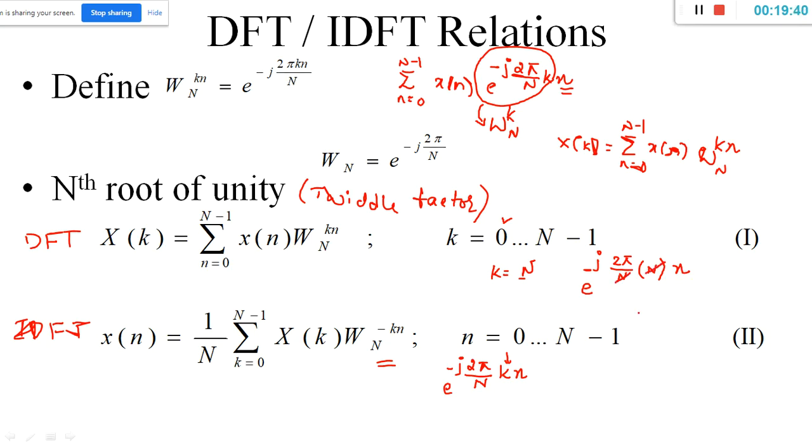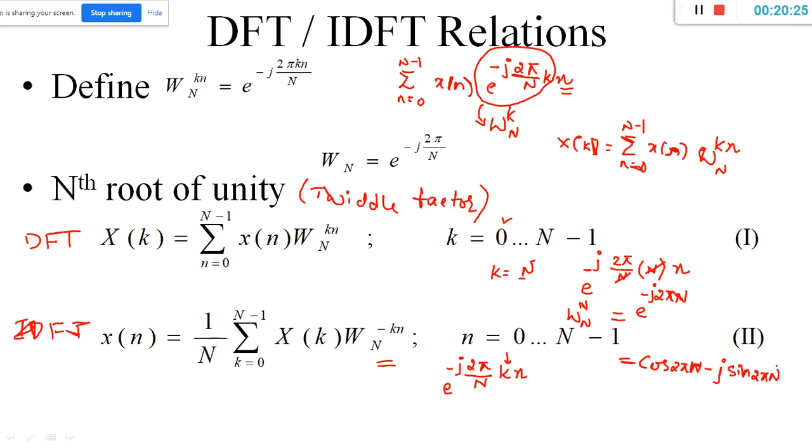So look at this, N and n get cancelled. What is the value that you are left with? e to the power of j 2 pi by N. Okay, now this is what W of N when k equal to N, is it not? So I'm trying to write what this is. I'm replacing this with W_N, capital N, to the k value, replaced by capital N. So now what happens? Look here. How do you write this in trigonometric functions? Cos of 2 pi n minus j sine 2 pi n.